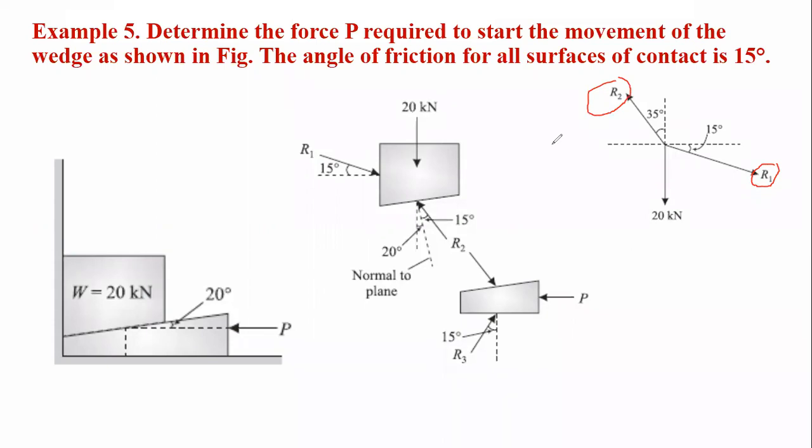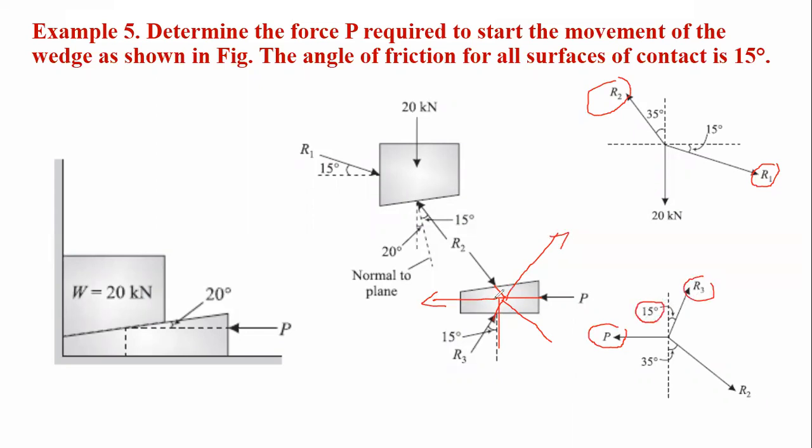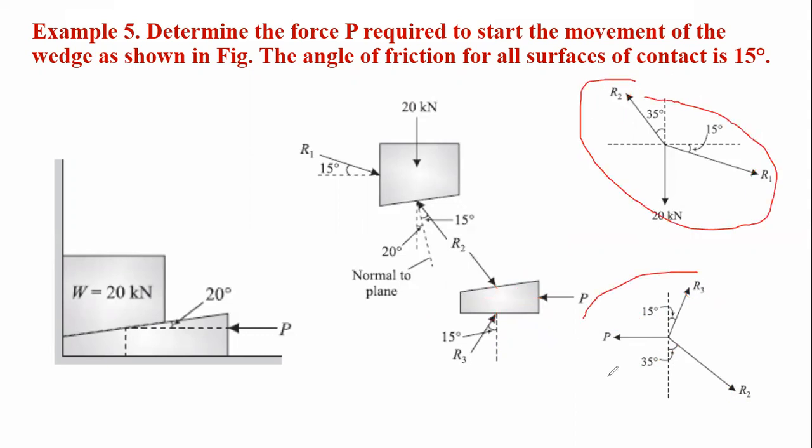separately if we are considering the block, this P force we may treat anywhere over the same line of action. This force and this force we may consider anywhere over this line of action. That's why this P force is shown in the horizontal direction over here. This R3 force is shown over here in this direction. It makes an angle of 15 degrees over here. This R2 is shown in this direction, that's why R2 over here, and it makes an angle of 35 degrees over here. Now let us consider these two diagrams separately and solve this problem to find out the P force.